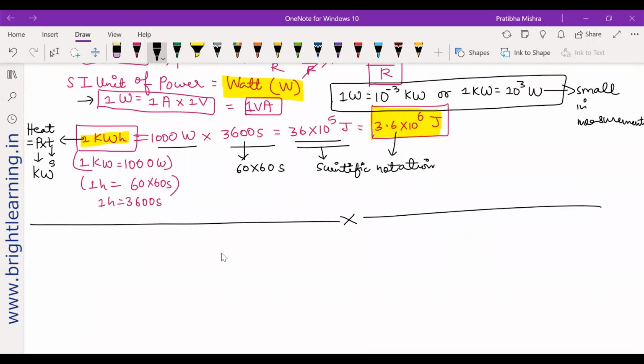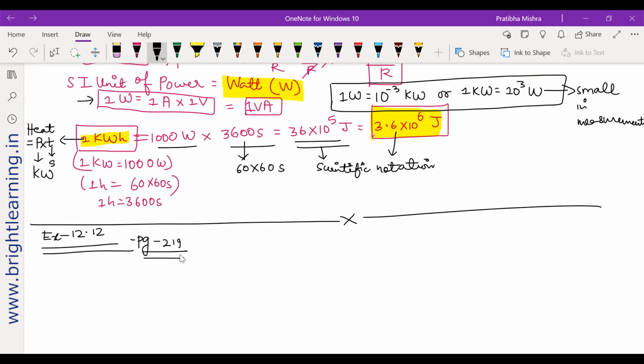So if you look at the questions, let's do some numerical questions based on this. Then we will do the in-text questions. The questions are related to electric power. There's an example 12.12, not 12.2, on page number 219. Okay, page number 219. So what are the questions that you have?